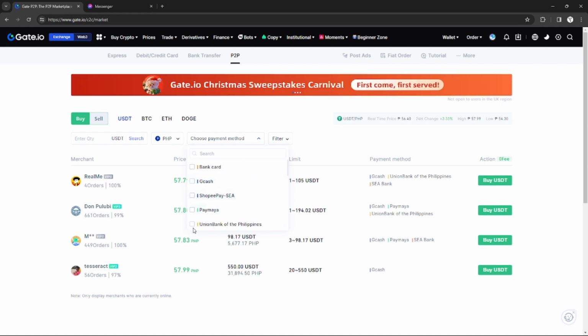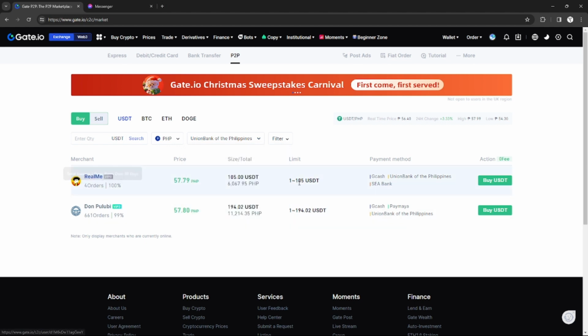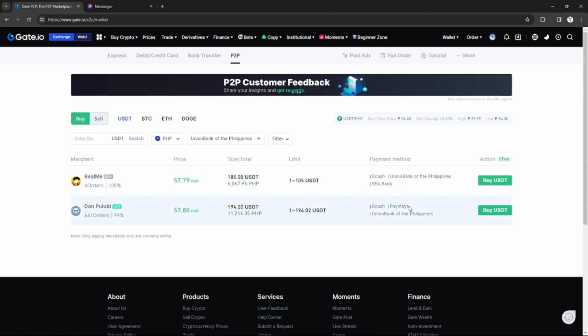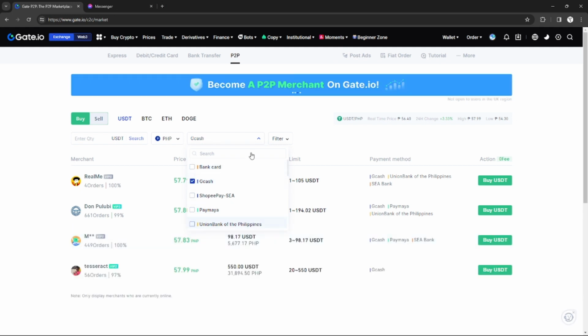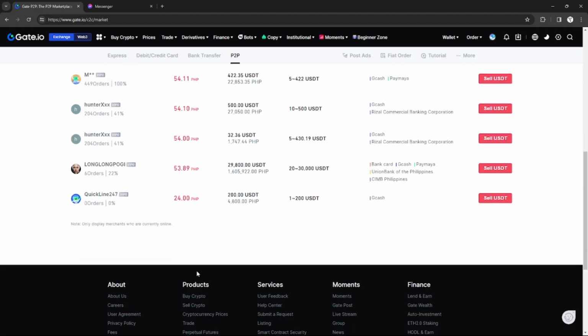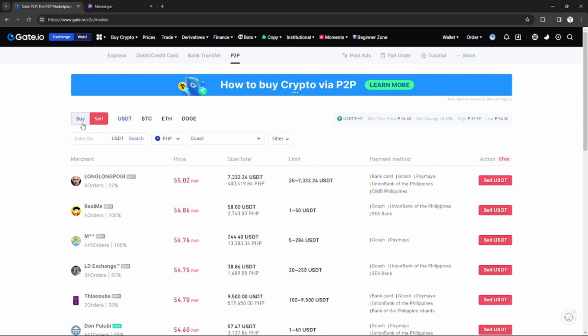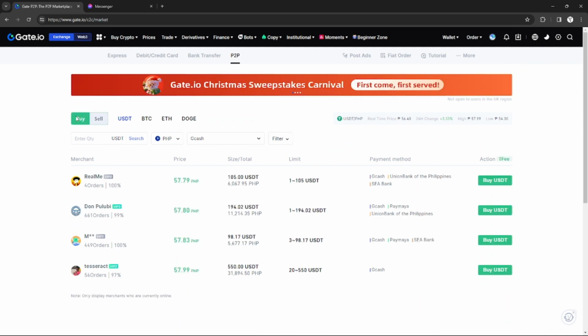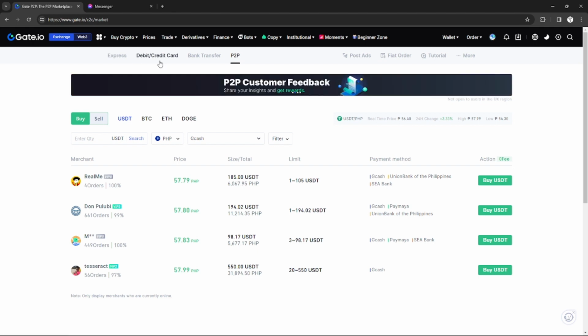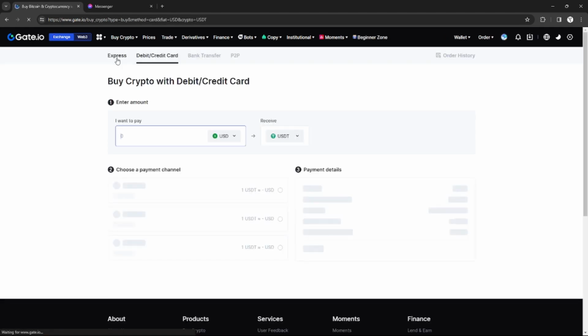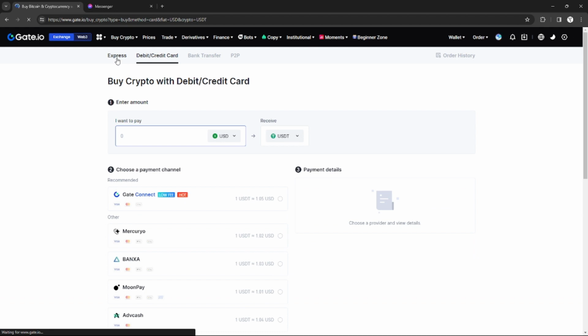And yeah, that's it. As you can see, the P2P and the Express are the most flexible ways to buy USDT because they actually include the bank transfer and debit and credit card options. And as I said, if you use the Express method, if you click buy USDT on Express, you will be redirected to a certain merchant on the P2P page, and that is where you will buy USDT in a quick way and also with less fees